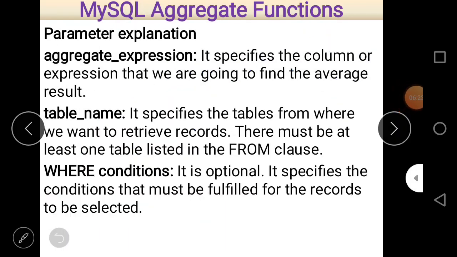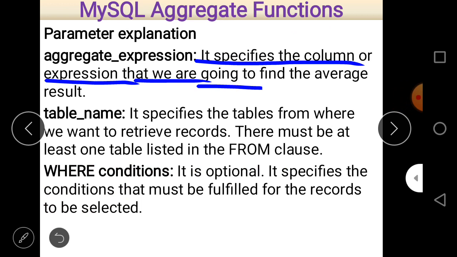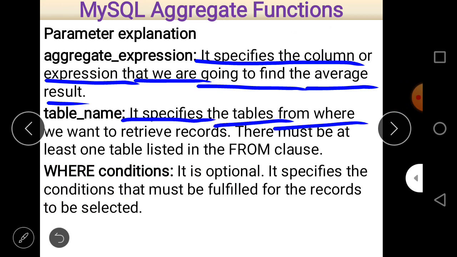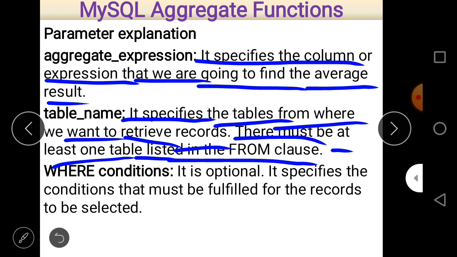Now the parameters are explained here. The aggregate expression specifies the columns or the expressions for which we are going to find the average result. And the table name specifies the table from where we want to retrieve records. There must be at least one table listed in the from clause.